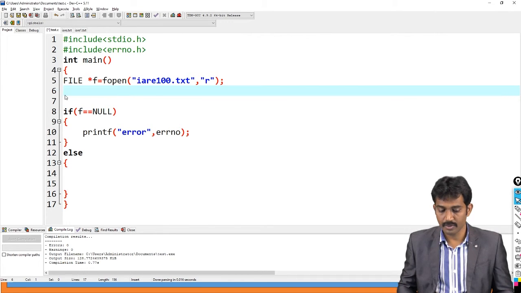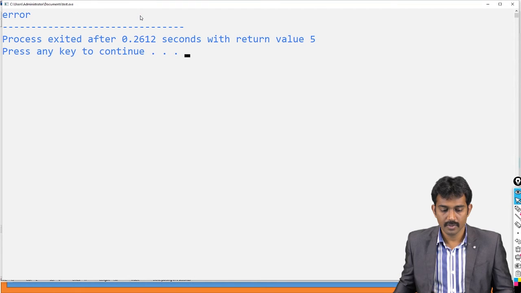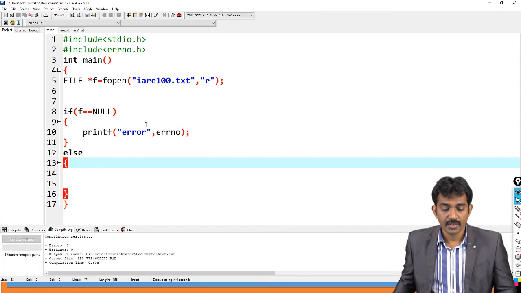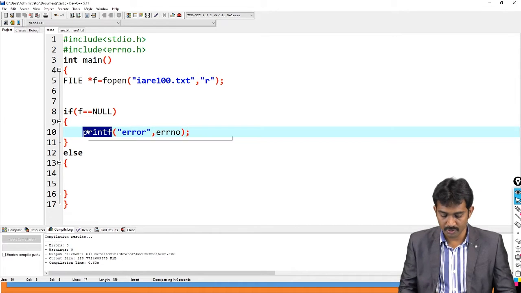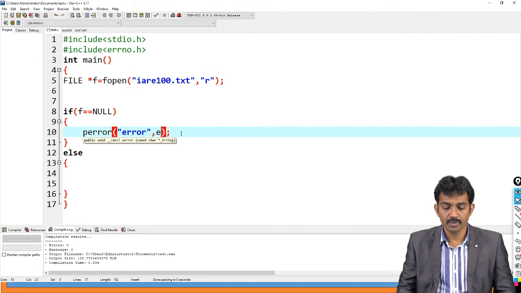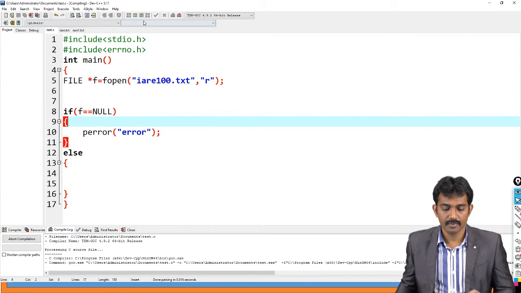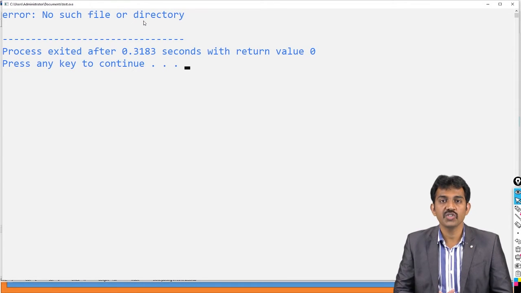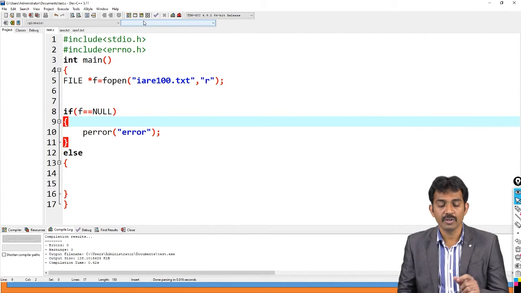Now see, if you use perror instead of this, and run this code, it shows: no such file or directory. Got it? perror is going to display the error.